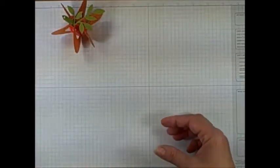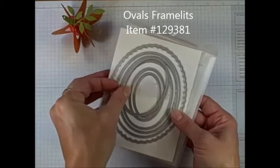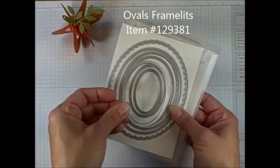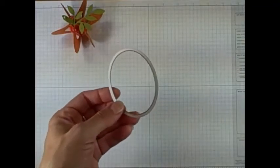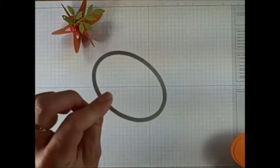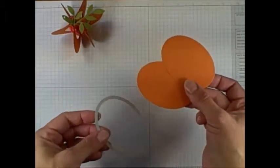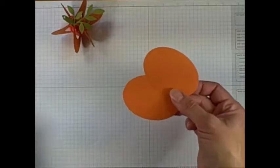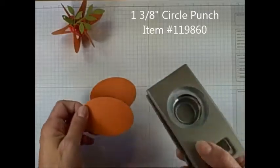The first thing I did, I've got pumpkin pie cardstock, and I use the oval framelits, and you're going to use, I guess, the third size from the smallest framelit for that. You're going to run your pumpkin pie cardstock, or whatever color you'd like, through your Big Shot with that oval framelit, and you'll need 6 of these ovals. So you'll do that. From there, you'll take your 1 3/8 inch circle punch,